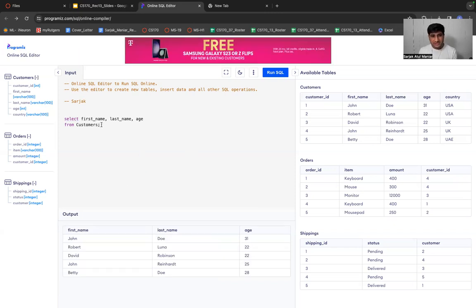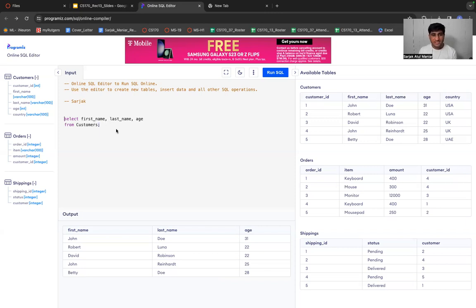And regarding this tiny little semicolon, I would suggest it's always a good practice to put the semicolon, because SQL is a programming language, but we can use SQL in different kinds of database management systems. We have MySQL, we have Postgres, and there are tons of management systems out there, right?